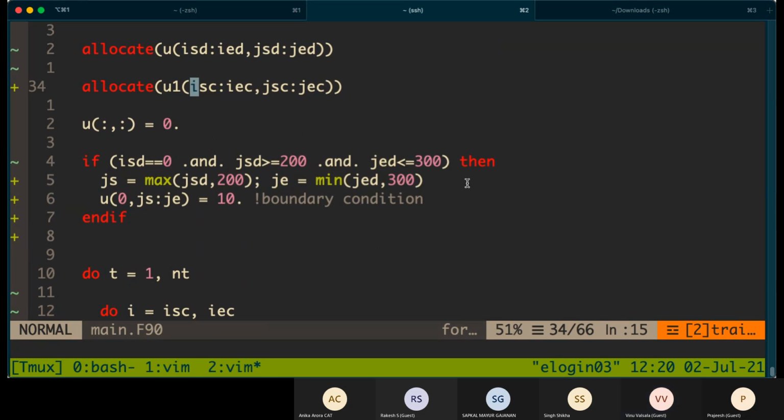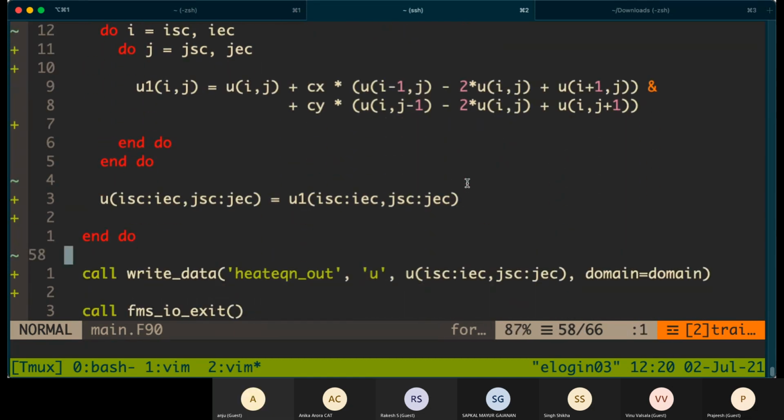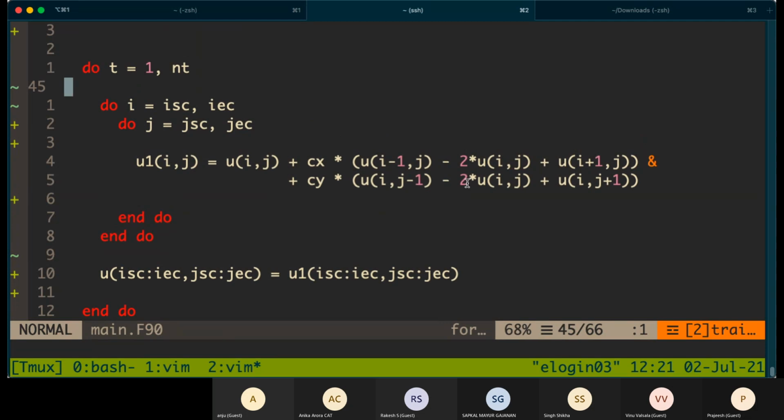I mean, you can decompose it in any way you want, but the problem will be with MPP. Oh, sorry, I missed something here. Very important. I'll tell you what the problem will be in that. This will answer your question also. Actually, we missed something really important. We missed domain update.